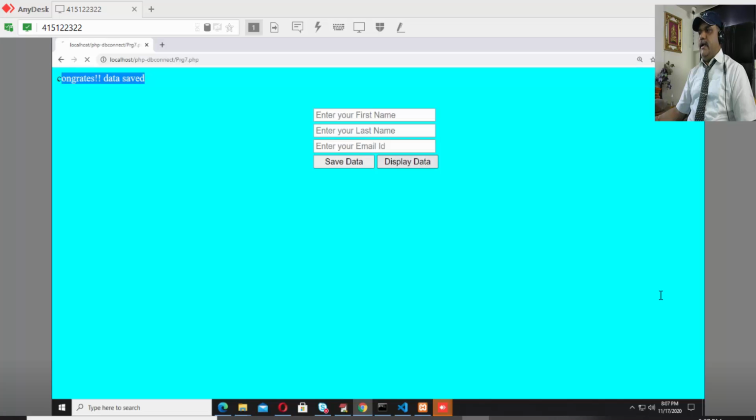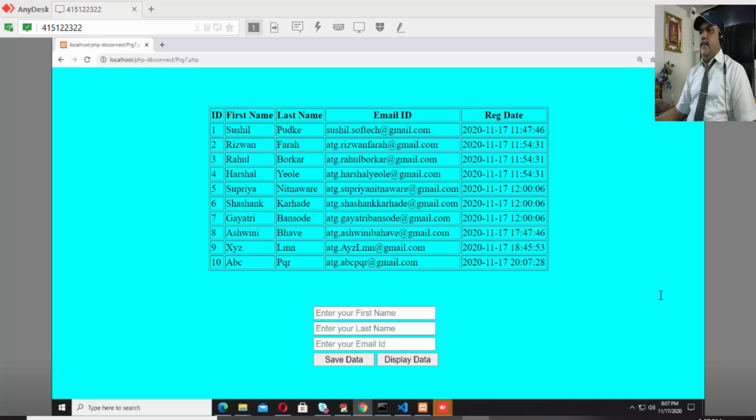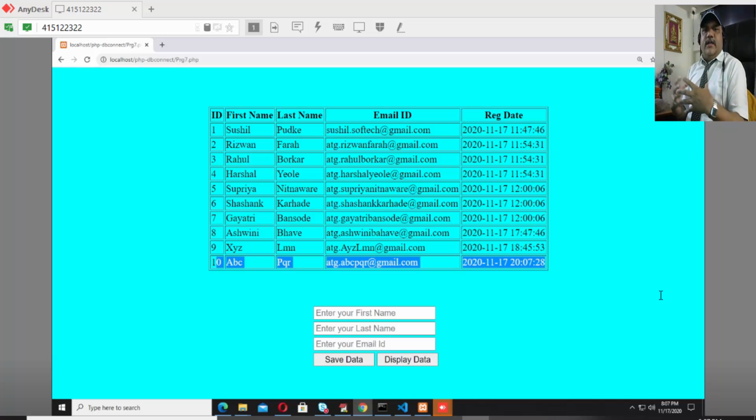And when you click on display data, the entire data which is available in the database will be populated onto the browser. So we need to create a dynamic table